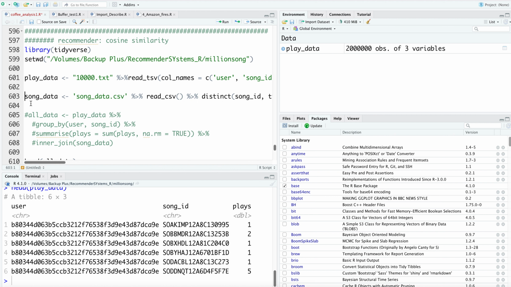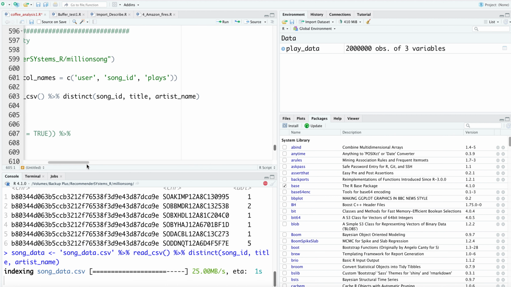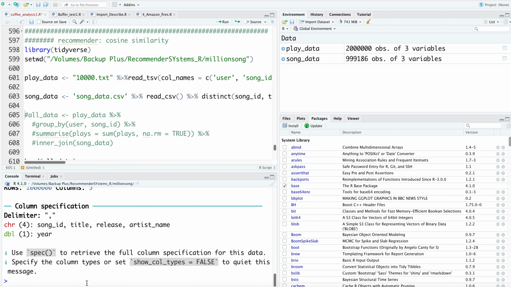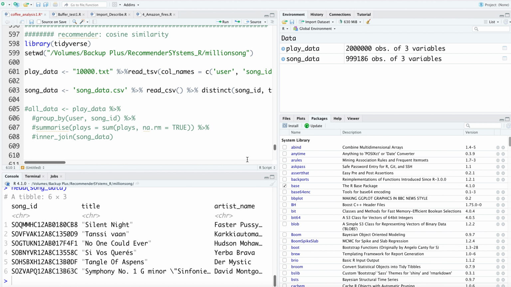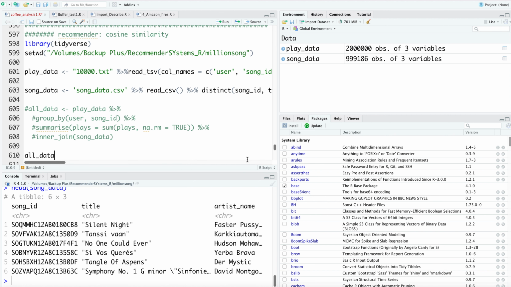Now I get song data. Again, read CSV, I get the distinct, the unique song ID, title, and artist name. Song ID, title, artist name, and just the unique entries in here. So now I'm going to use an inner join. I create a variable all underscore data. I'm going to have play data,